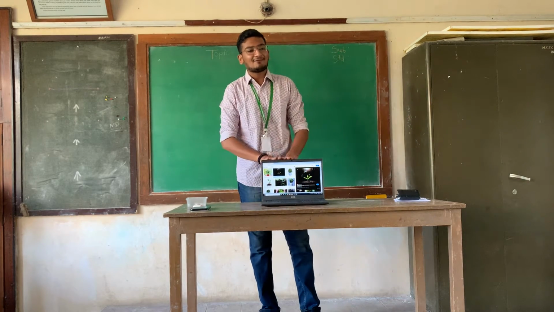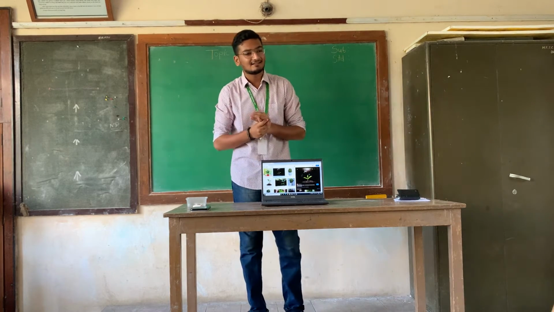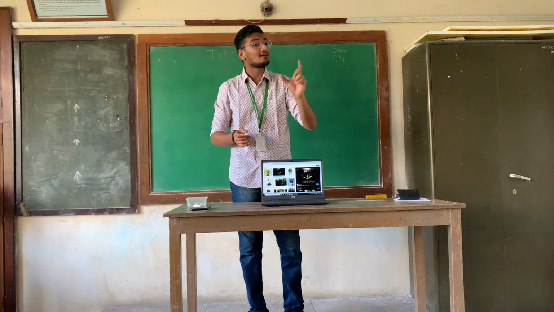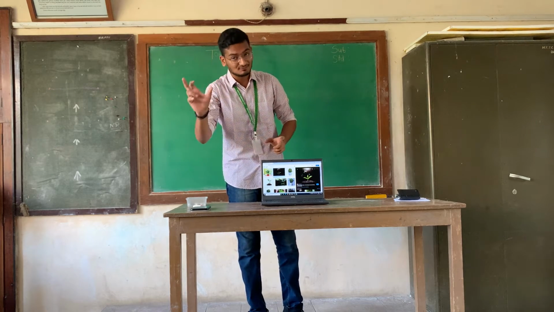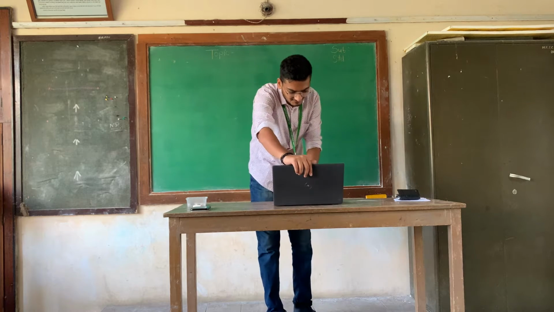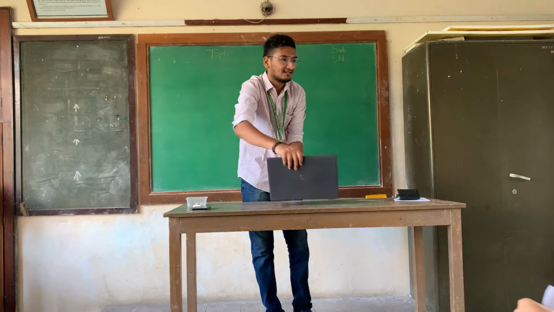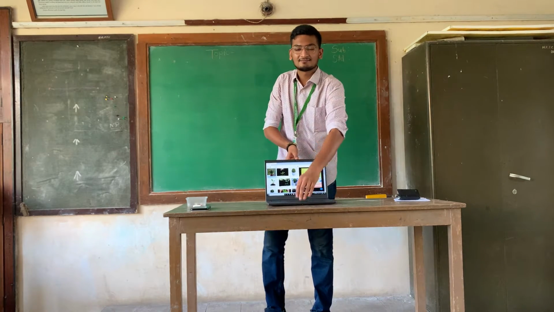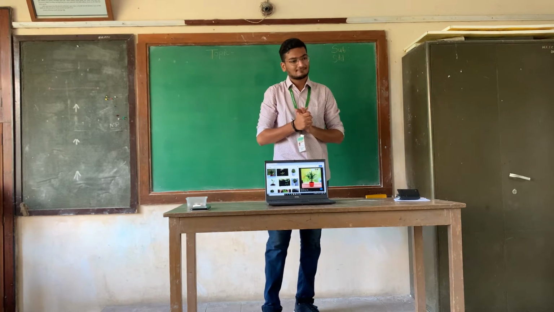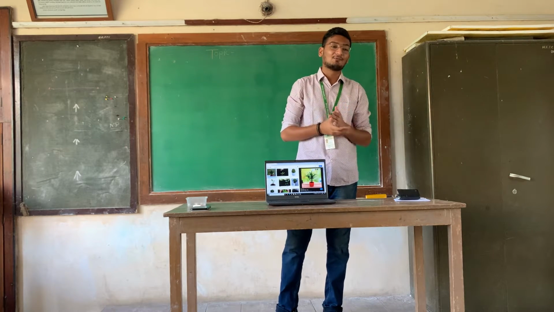Can anyone tell me what you see in this image? Yes, Aditi. A growing small plant. And in this one? A grown plant.